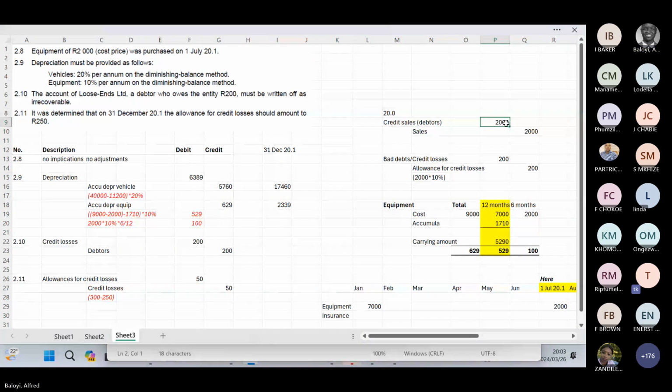So if we are asked this in an assessment, will they give us a percentage like you gave here, for example, 10% of our debtors? Is that how we would calculate it? Yes, there will be guidance in terms of how to determine it. But be careful, because on some questions it might be 10% of the closing balance of debtors, or it might be 10% of sales and things like that. It will depend. Just be careful, but there will be guidance. Oh, okay. All right, thank you.